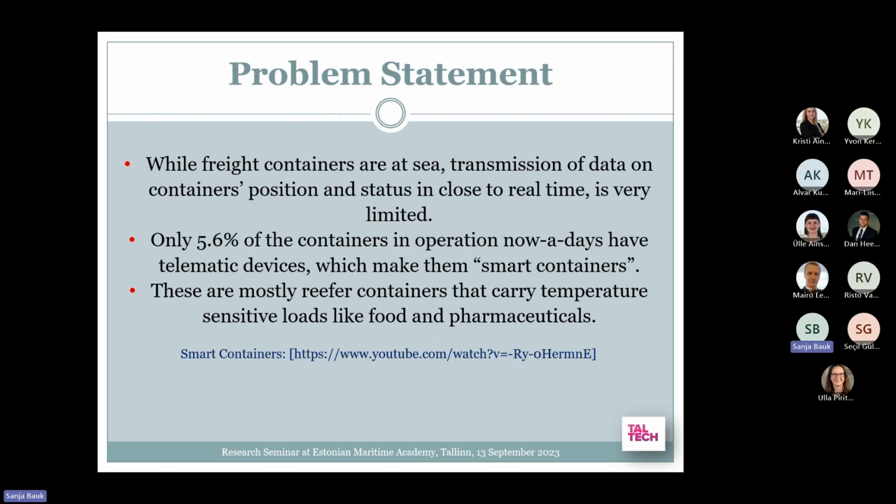These are mostly reefer or refrigerated containers that carry temperature-sensitive loads like food and pharmaceuticals. So these containers, small number of them, can be tracked and traced during the whole voyage, including sea leg of